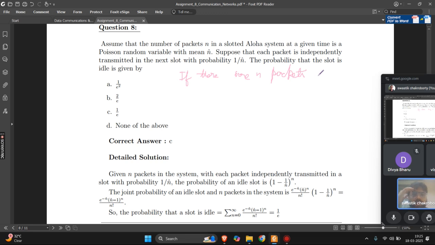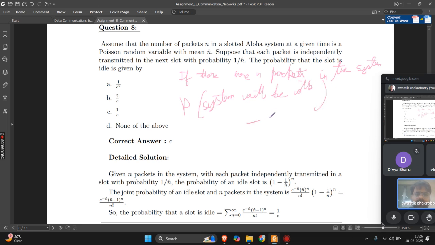So if there are n packets, the probability that the system will be idle